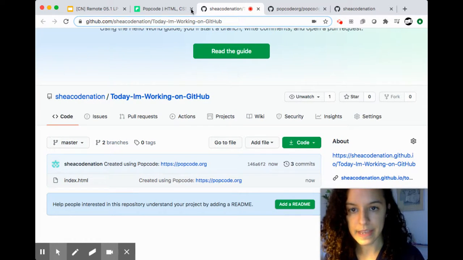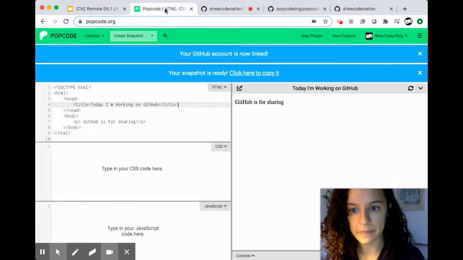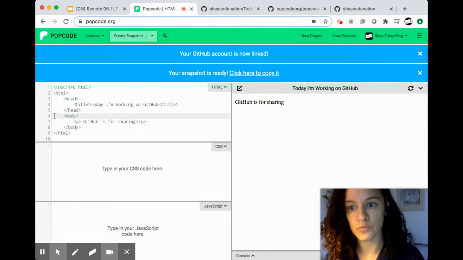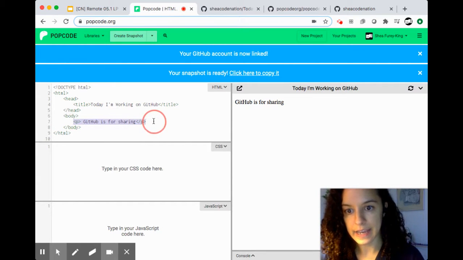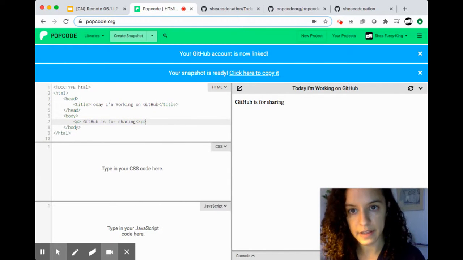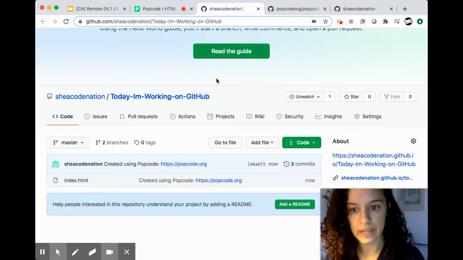Okay. And then let's look at the HTML I had. So it was really boring. I just had this body and I have a p tag here, and I wrote in "GitHub is for sharing." Okay. So if we go to GitHub,